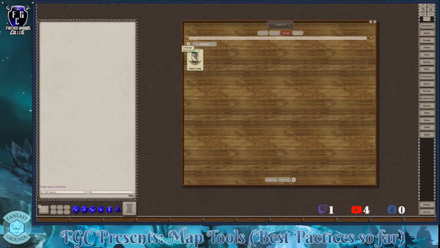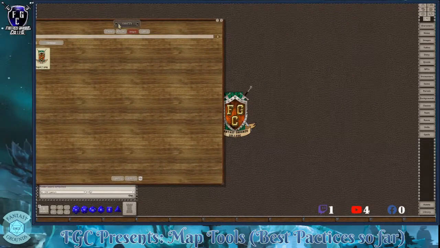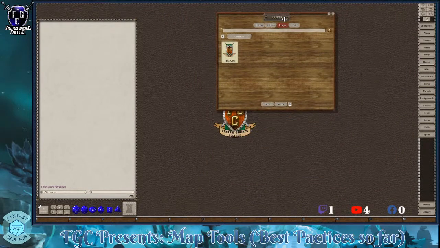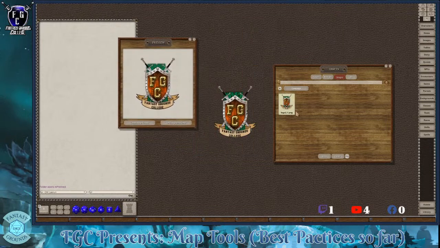So I manually added this icon. This icon is the same one I have loaded on the screen. So with that, you can do a couple of things. Double click on this, and when I say this, I'm talking about the image itself, and you get a preview window. Now for this preview, you will get two options. You can create an image record, which adds this image to your